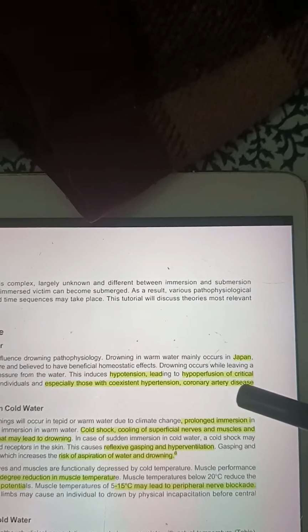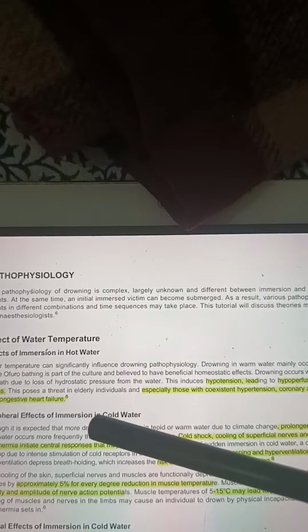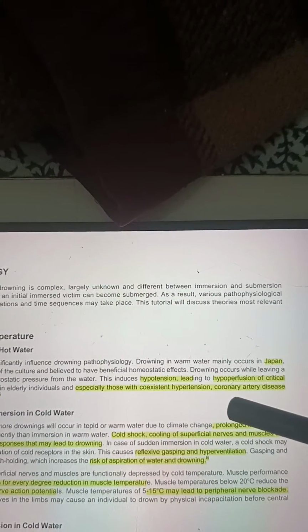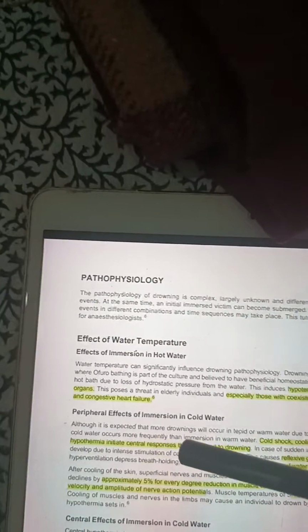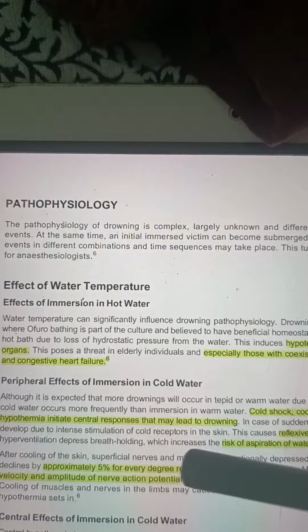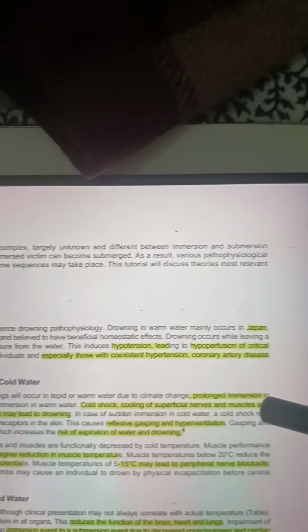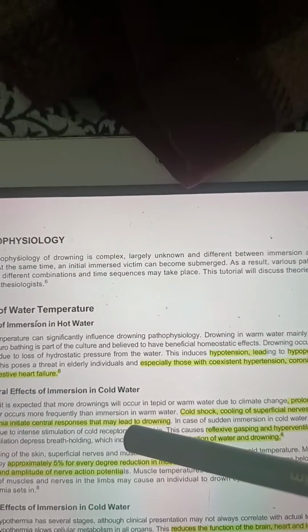that will cause hypotension, and the hypotension will lead to hypoperfusion of the critical organs. That is a problem in elderly patients who already have hypotension, coronary artery disease and congestive cardiac failure. Peripheral effects in cold water: prolonged immersion in cold water will cause cold shock, cooling